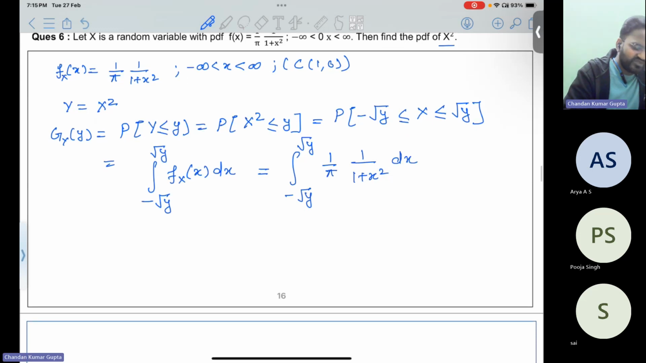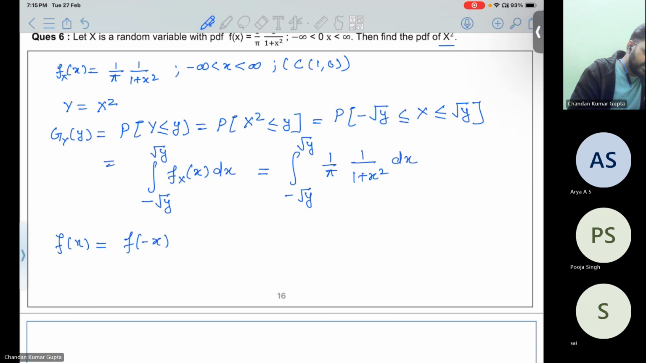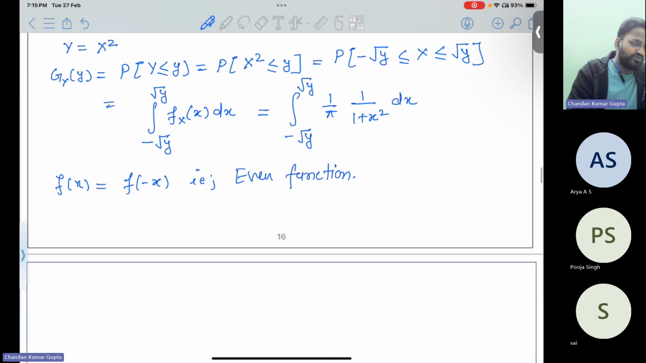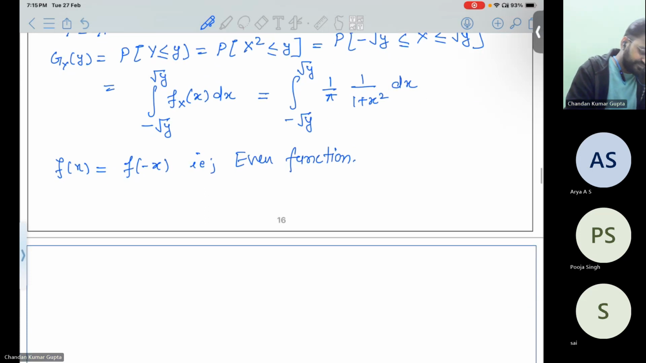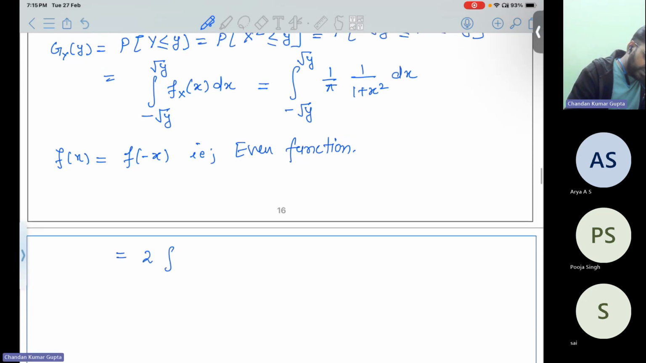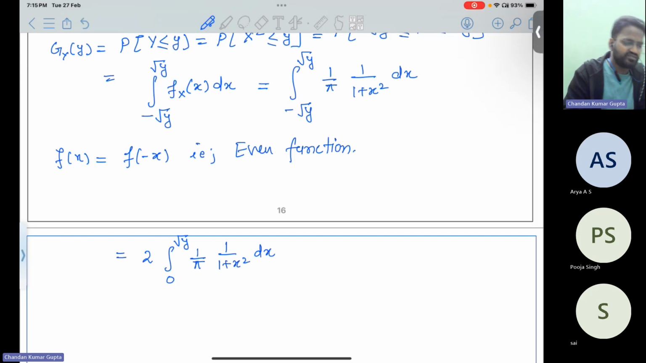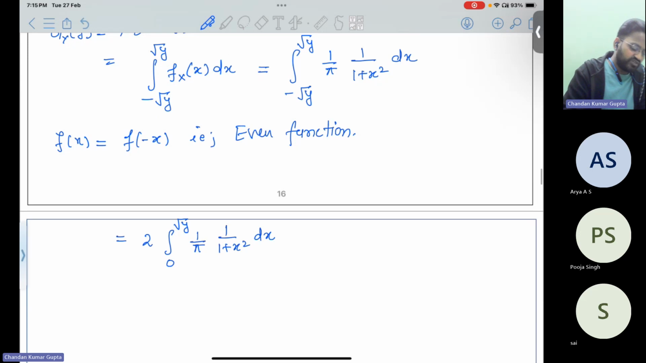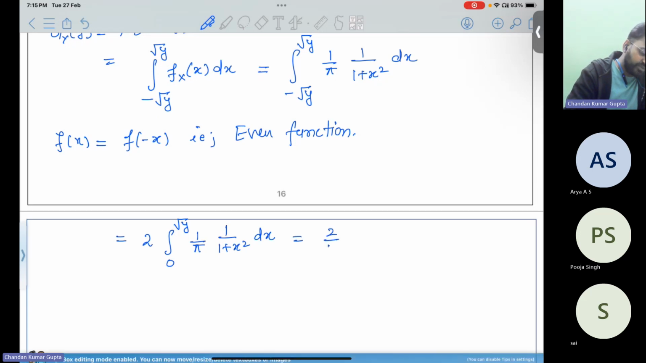Now here it is a function of x, it is x square, no? So here you see that f(x) equals f(minus x). That is an even function. And if it is an even function, you may write this as twice the integral from 0 to root y of 1 upon pi times 1 upon 1 plus x square dx. Is it clear? This is a known property. Okay, 1 by pi can be written outside, so it is 2 upon pi